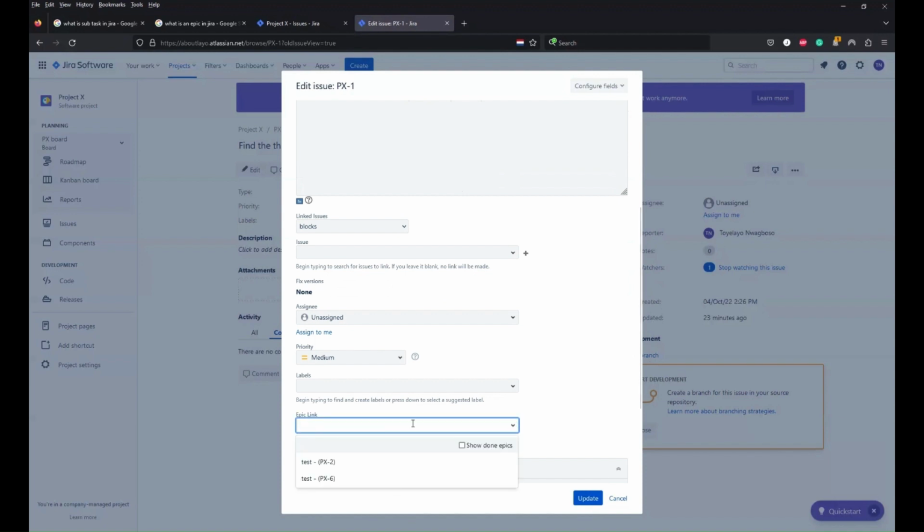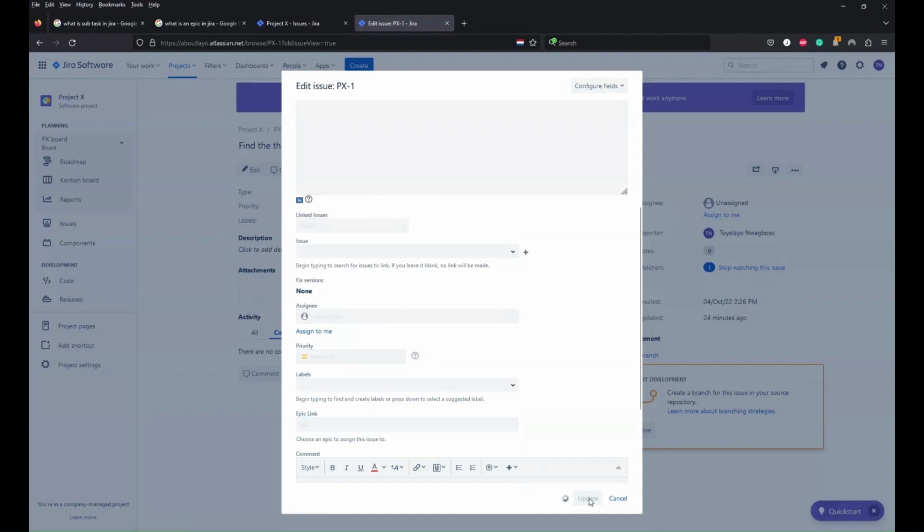Once you click on it, it gives you the list of all the epics in Jira, not necessarily all the epics in your project. So please remember, every epic you're going to be seeing in the drop down option might not necessarily be for your project only. It will probably be all the epics in the organization. So it's always handy for you to know the project key or the epic name for the epic, because that way it helps you search quicker. In this instance, I've only got two epics in my project, and those are the only two listed below. So I'm going to be choosing this one,